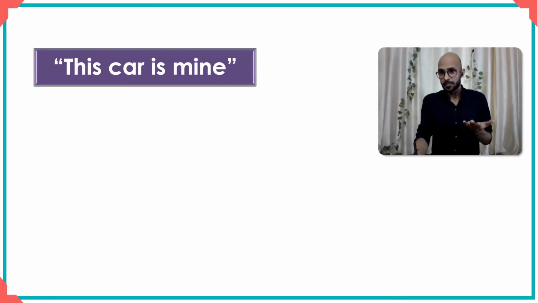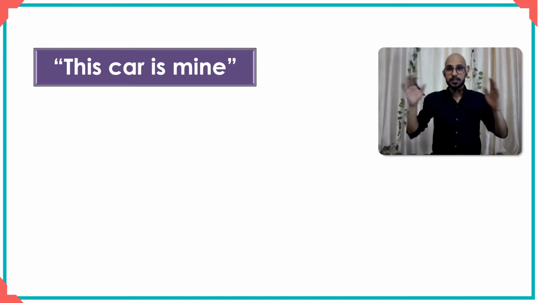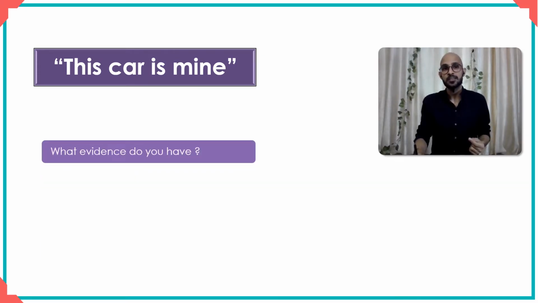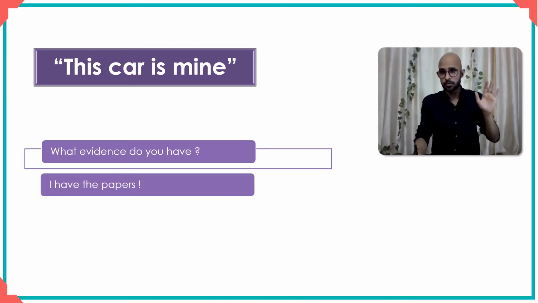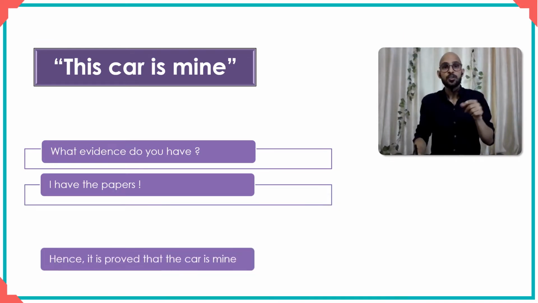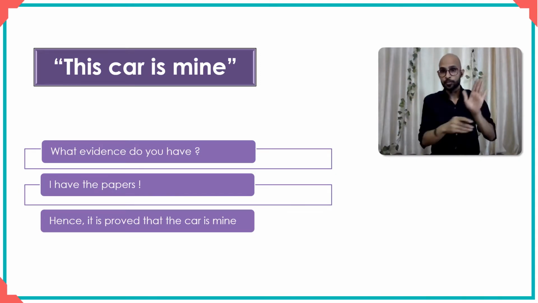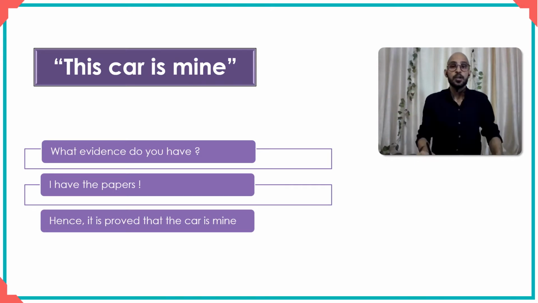So getting back to our example, if we were to understand this example in the proper context of the law of evidence, let us say somebody is standing by your car and this person knows the law of evidence. So now what he asks is, what evidence do you have? You say, well, I have the papers, and you show him the papers. Now, as a result of showing these papers, the consequence is that you have succeeded in proving that the car is yours. So now you have got the proof that the car is mine. You showed the evidence, the consequence is that the car is yours. So you must remember that the effect is proof, right?